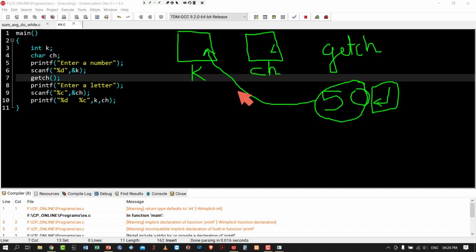That 50 will be going to K. When I press enter key, that will be captured by this getch function. We will study getch in detail later. That means that enter key is not stored in CH. So what happens? This scanf will work.